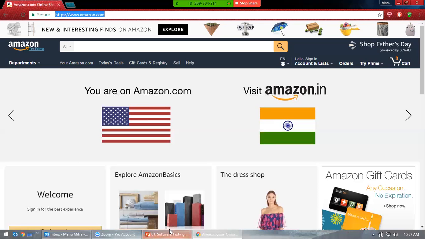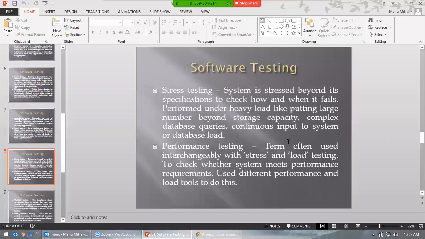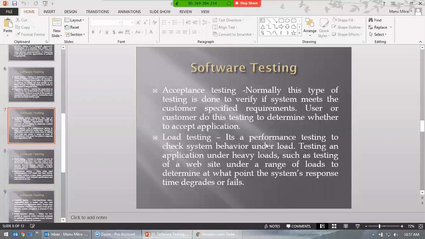So that's the reason for this load testing. Now here is where load testing comes in. So that was the introduction, what happens exactly at the back end. But when you do this load testing, what do you exactly do in this load testing? So here what you do is,